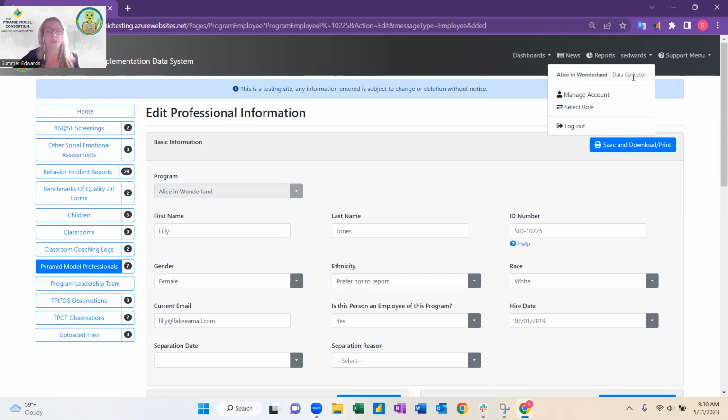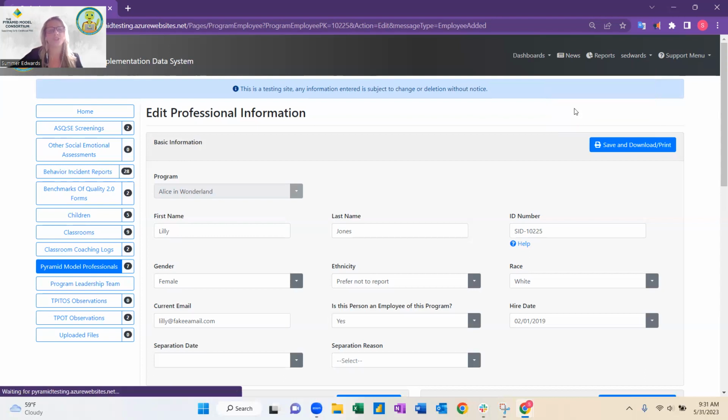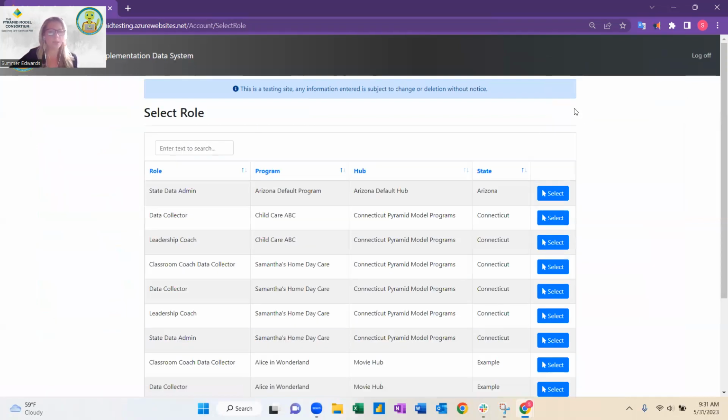Most users have multiple programs, and some have multiple roles. So we're going to get to see what that looks like here. As I click select role, this will allow me to switch to a different program, to switch to a different user role. So I'm going to be presented this screen